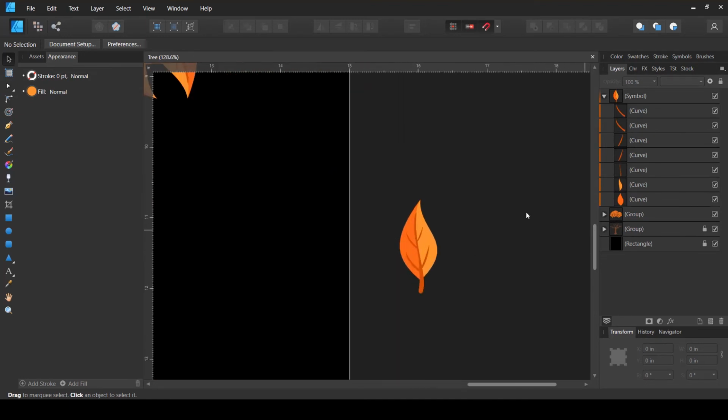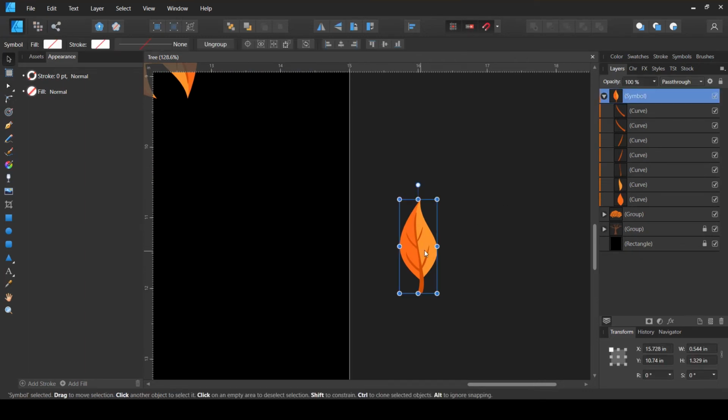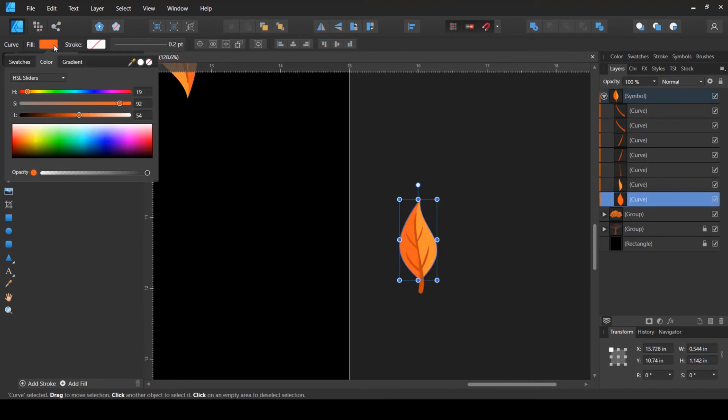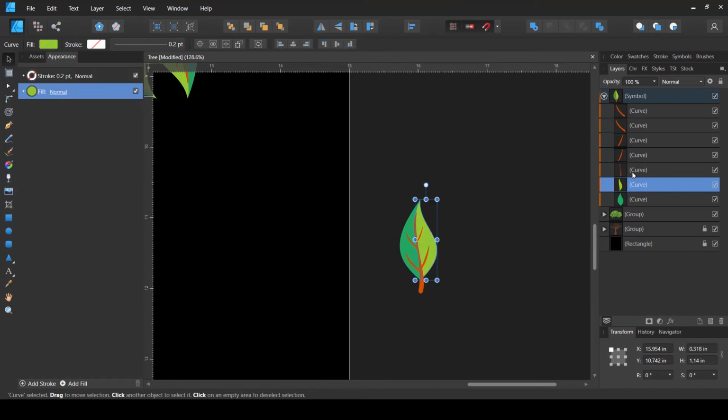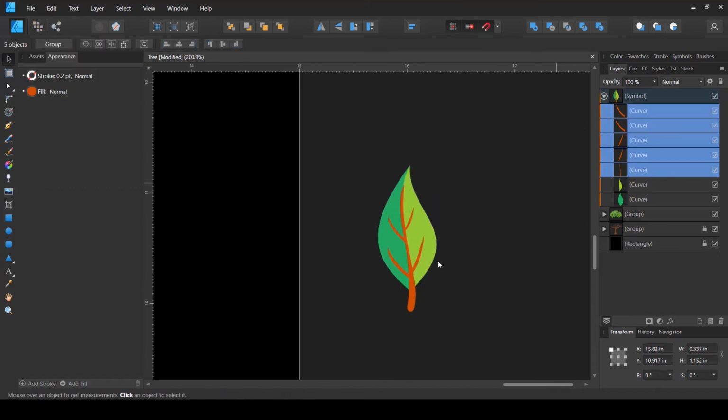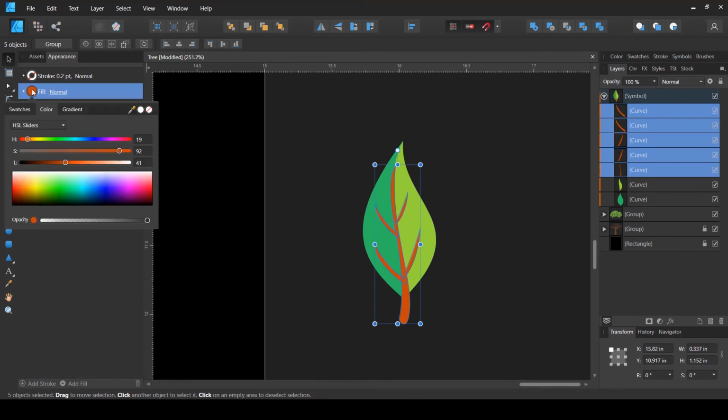So what I'm going to do is go into this leaf symbol that I created in the start, and just change the colors in there. Let's say I change this to a greenish color, and this one to a slightly more pale light greenish color. Ideally you would select the colors according to your color theme, this is just to show you how easy it is to do. And then maybe this one to be a darker greenish like that, and like that.